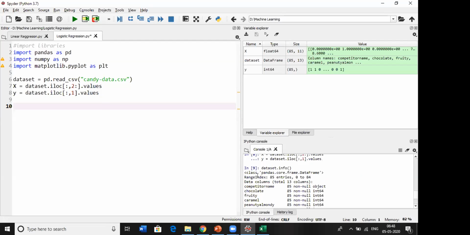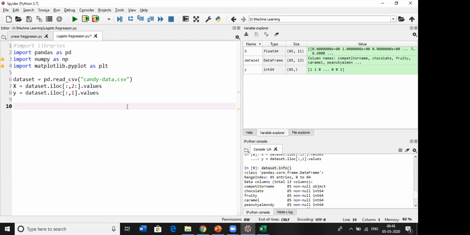You can see here it has 13 columns, and in those 13 columns all the values are non-null. Non-null means non-empty values. The data types are also given, like integer or float. You can find this with dataset.info.